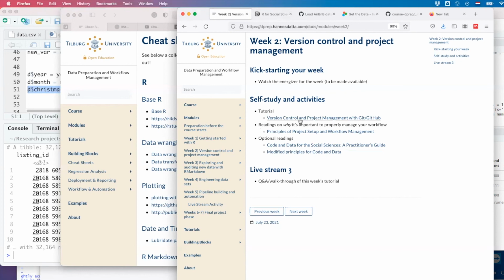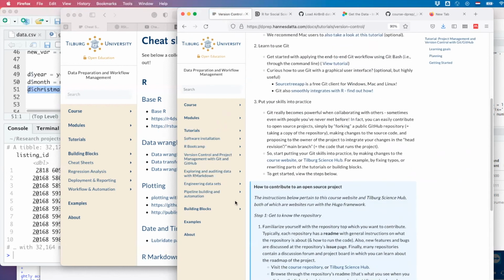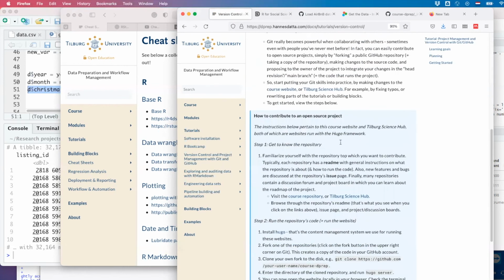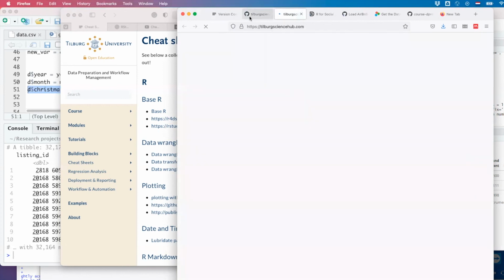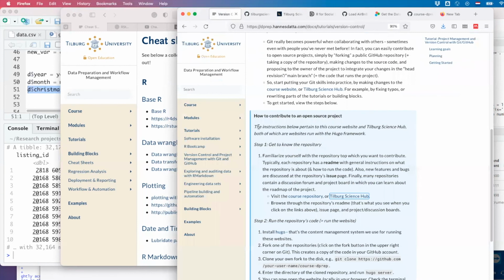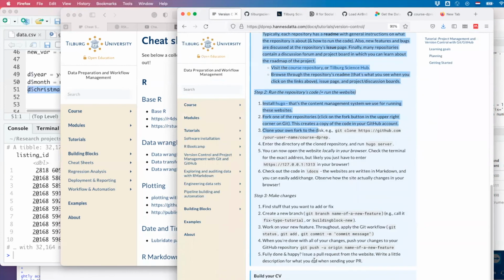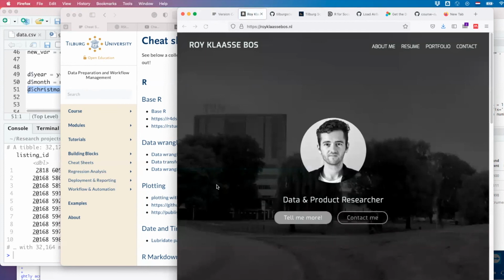After finishing this project, you're actually able to change the course website with anything you want to put on. And you will be able to change any content on tilburgsciencehub.com, our platform that you may have been familiar with. So maybe you can spot some mistakes, or think about something that you want to rewrite to make it better, or something that you want to add, because at the end of this tutorial, that's exactly what you can do.